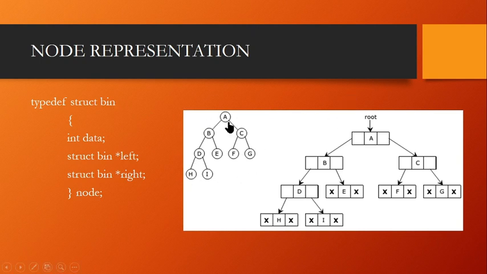This is a tree structure. We have A as a root node and B, C, D, E, F, G, H, I. All the child nodes are H, I, E, F, G. Parent nodes are D, B, C, and as well as E. And A also acts as a root node. You can see all these nodes are converted into a linked list format. We have three partitions. You can see A is a root node, and the left partition carries the address of B, and the right partition carries the address of C. And below B we have D and E, and the left partition carries D's address and the right partition carries E's address. Likewise all others are categorized.